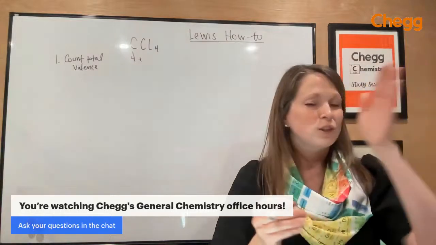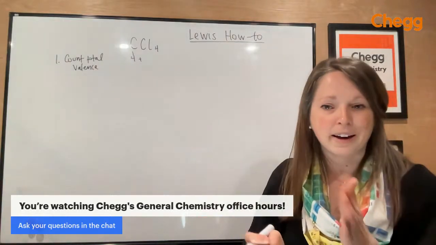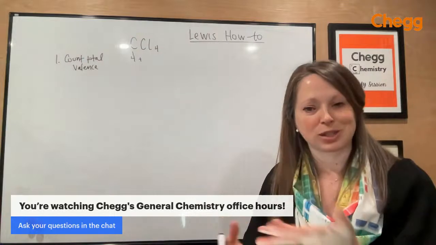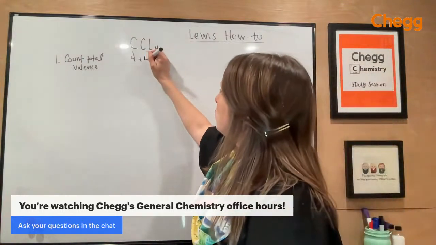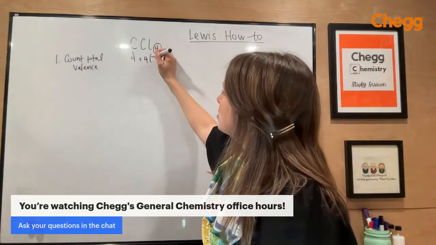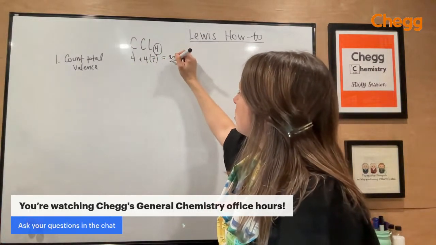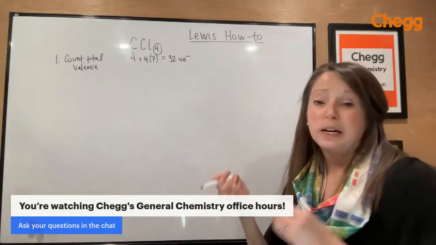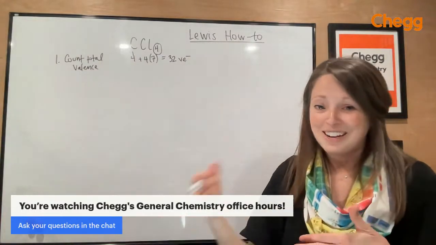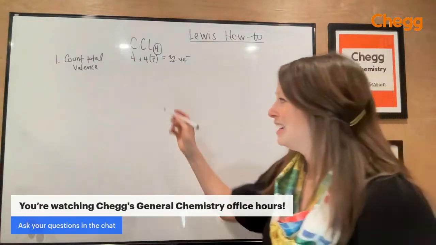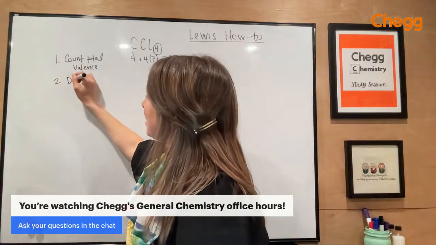So as you move left to right across the periodic table, you're adding valence electrons until you get to noble gases where you have 8. So I have 4 atoms of chlorine in this compound. So I'm going to say 4 times 7 is 28, plus 4 gives me 32 valence electrons. So you're going to count that total, and then you're going to wait until the last step to double check everything. So now you're going to draw a skeleton structure,